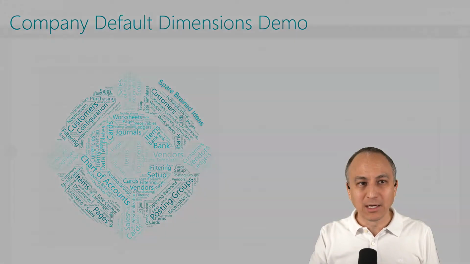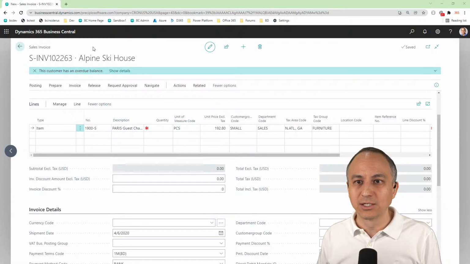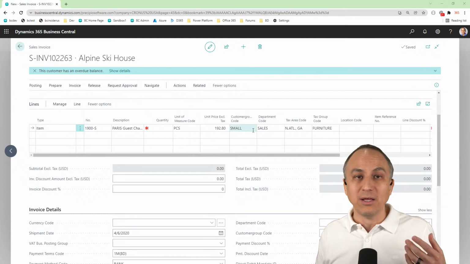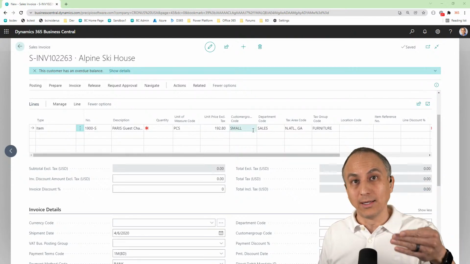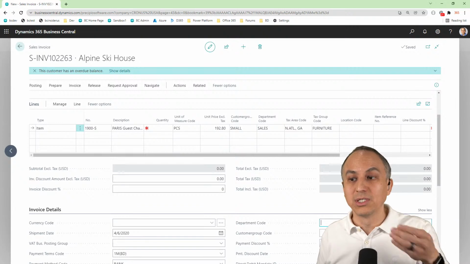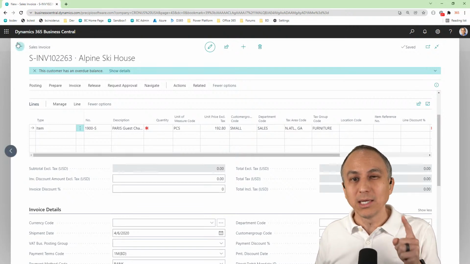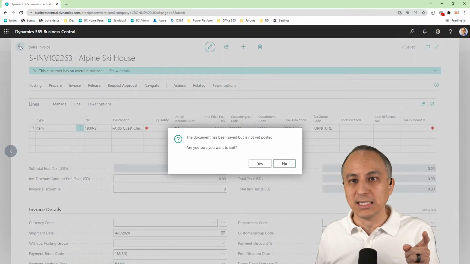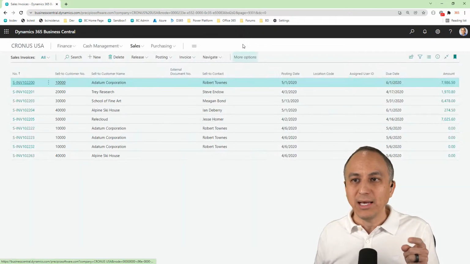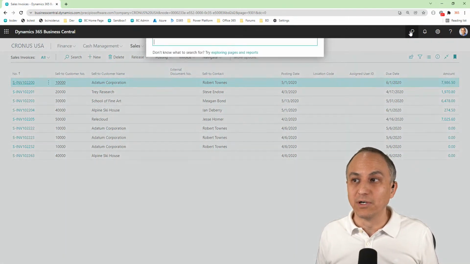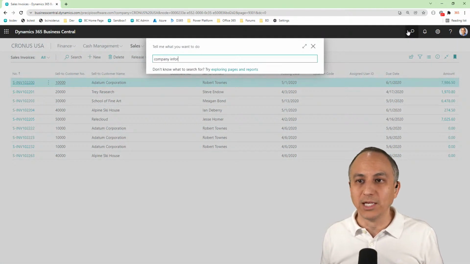So if I go back over to this screen, I still have my Alpine Ski House, and now I'm seeing that customers are overriding the item level because those dimensions are coming through at the sales invoice header. So let's play around. I'm going to keep this invoice in place and exit it. That's 2263. And so let's set up, let's see, what should I do first? Let's do the company first. So I'm going to go to company information